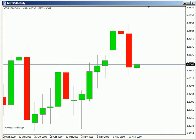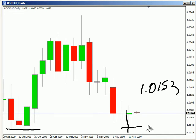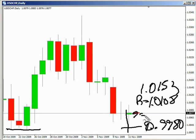Now let's take a look at the US Swiss. This pair closed up today. It did dip down to previous support levels before moving higher and closing up. We are expecting this pair to continue moving sideways with a bias that is sideways. Look for it to potentially go as high as 1.0152, possibly as low as 0.9980. Look for some resistance around 1.0108 and look for some support around